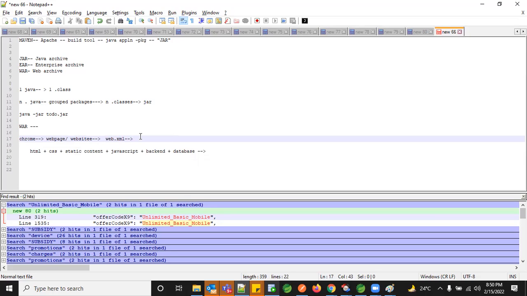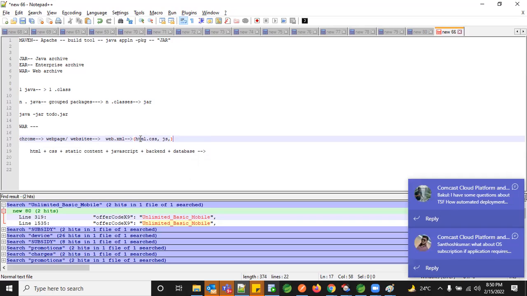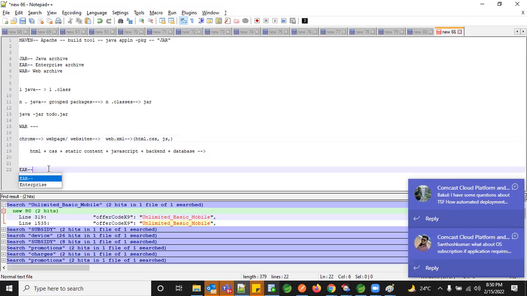Okay, so this will have all the HTMLs, static files, CSS, JS, all these things you'll have in this particular one. Whereas in your EAR, it would be a combination of jars and the web related things like HTML, CSS, JavaScript.